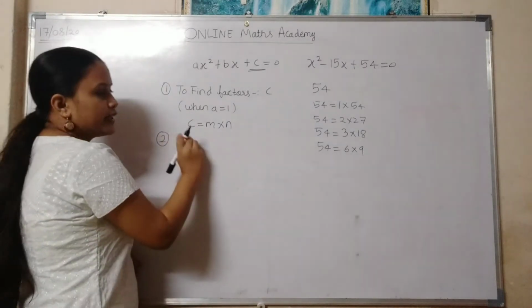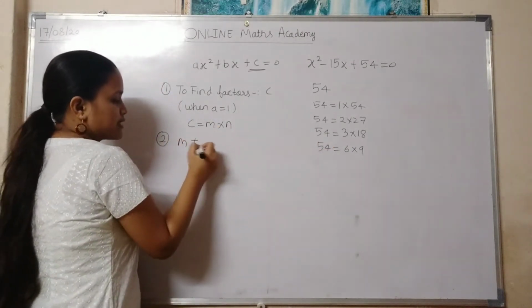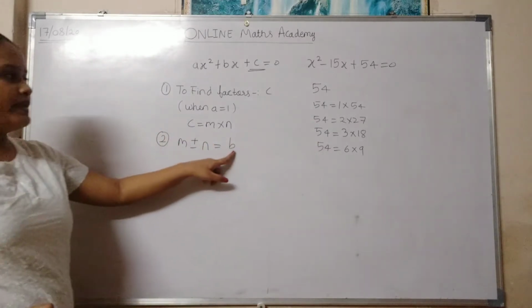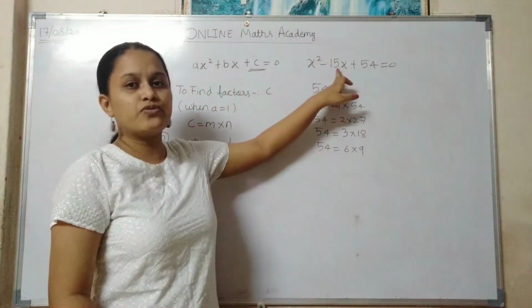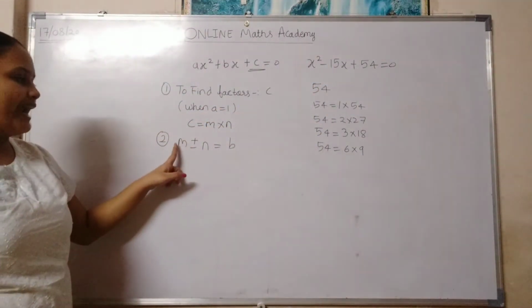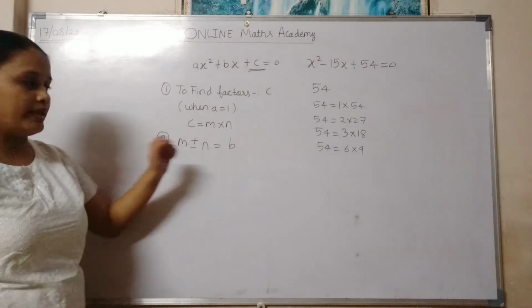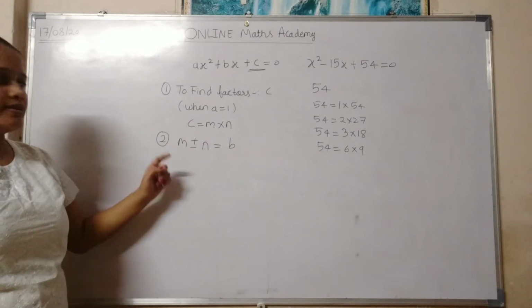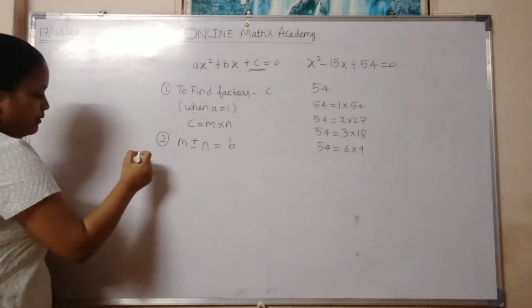Step 2 is we need to select such factors whose addition or subtraction gives me the value b. b means the middle term. Here, b is 15. So the addition or subtraction of the factors should give me b. Now when we should take the addition and when subtraction, for that we will see a table. We'll draw a table